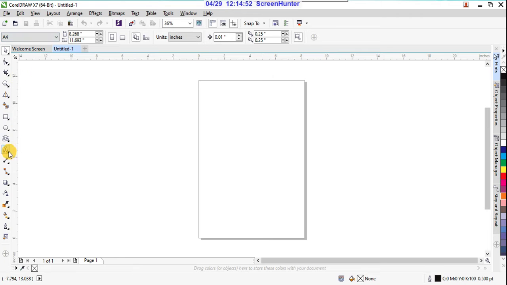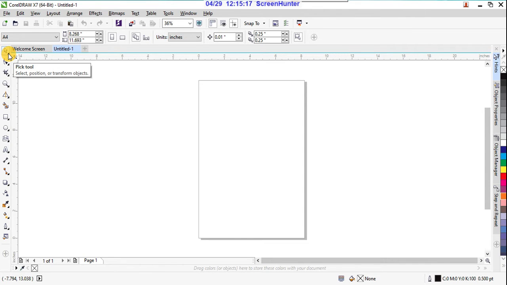In the tools row here, these are all the tools. On the left side we have all the tools, so one by one we can check them, right? If you place the cursor there, see the corner of the tool, there is a black arrow mark showing. So that means what?